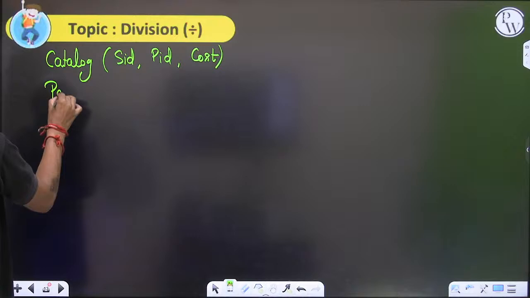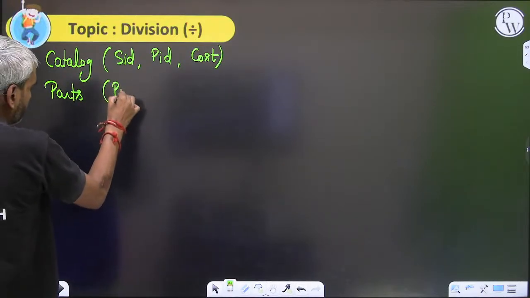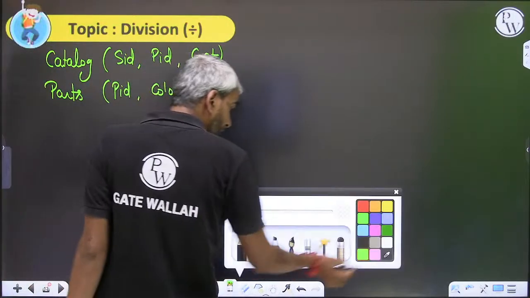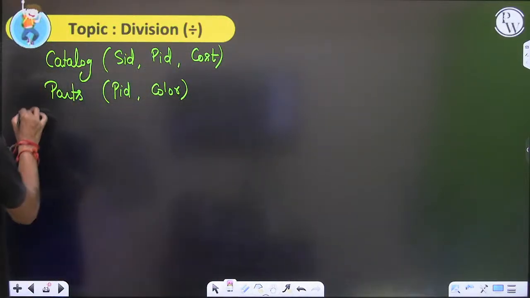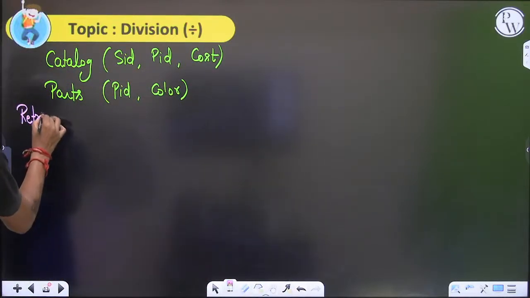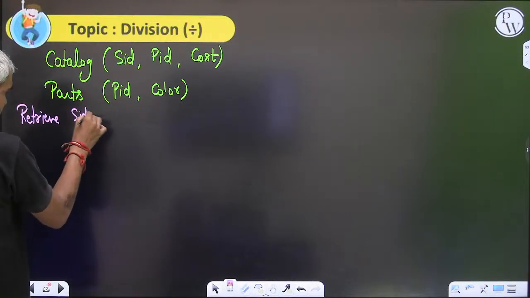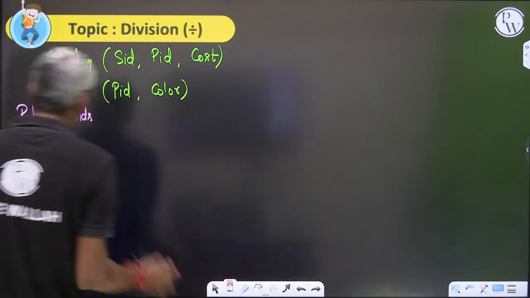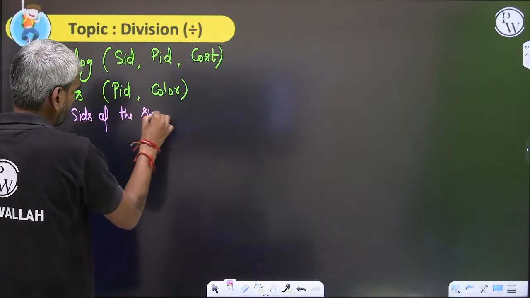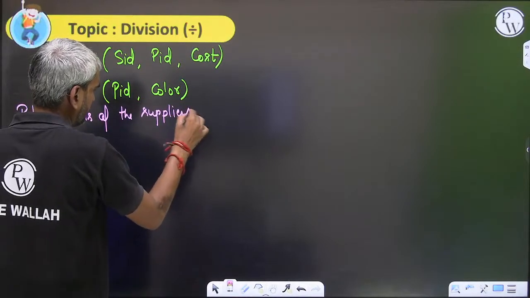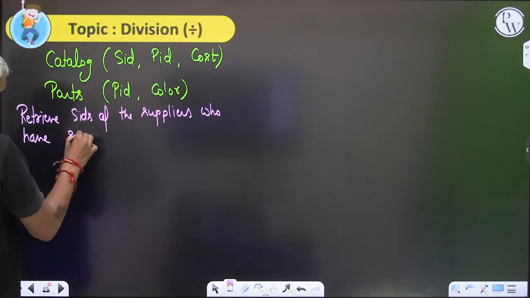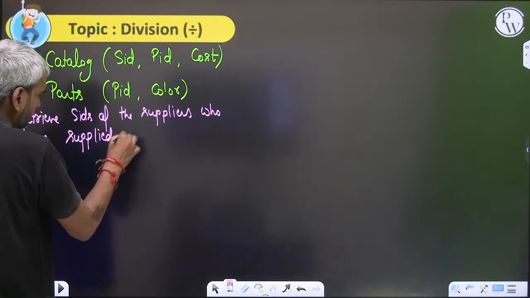In the parts table, we have information PID and we have information color. Please try to understand that when you are writing the division, that is retrieve, again I am writing the same query but to explain something. Retrieve SIDs of the suppliers who supplied all parts. So the very first thing that you must understand is,